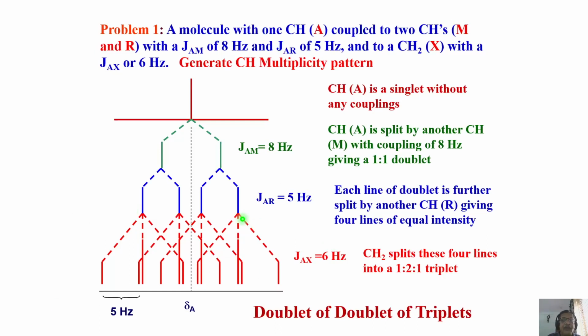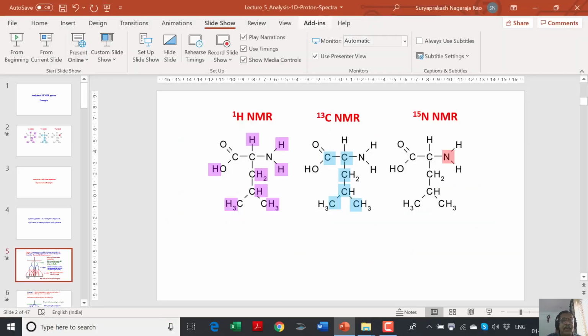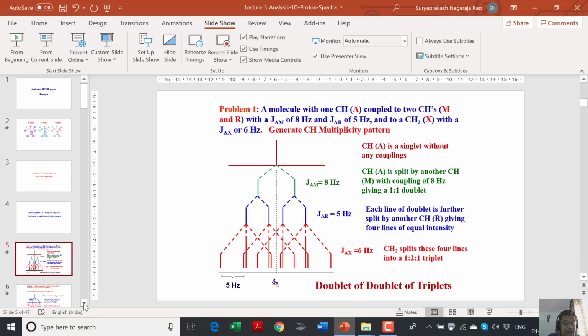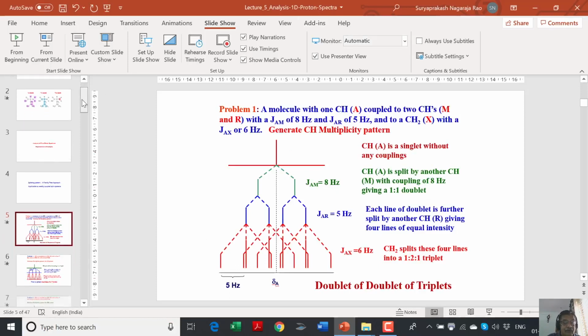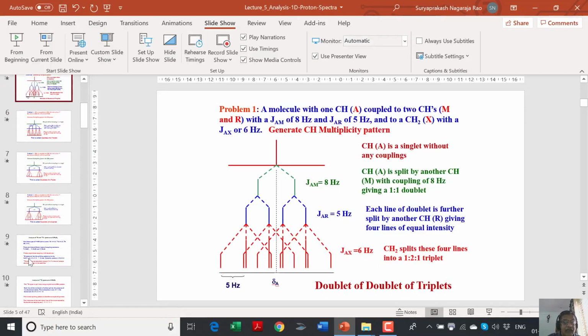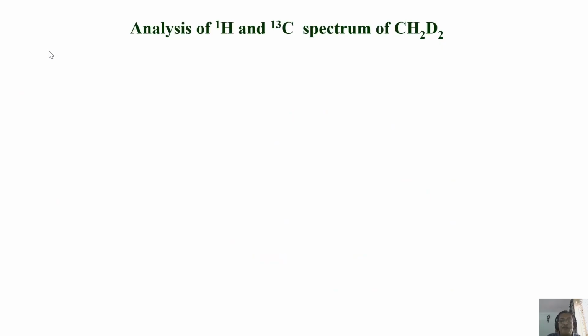Of course, in a given molecule, I took an example for this. You can also take the example for the multiplicity pattern, how it comes for the CH2 group, how it comes for this CH, etc. You can work out all those things later. Right now, I don't think that is a matter of too much importance for us because this we have already learned. Now we'll go into the analysis of.